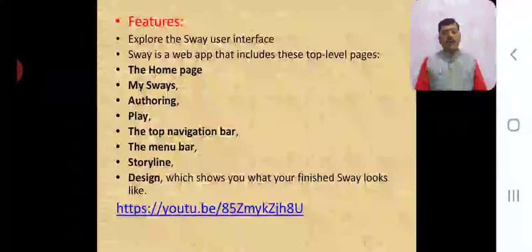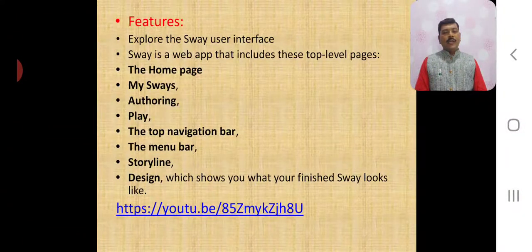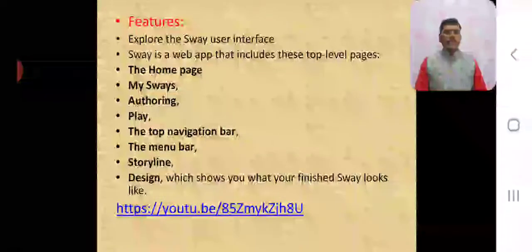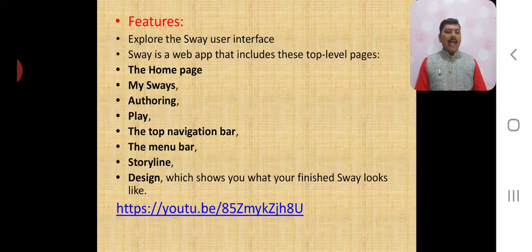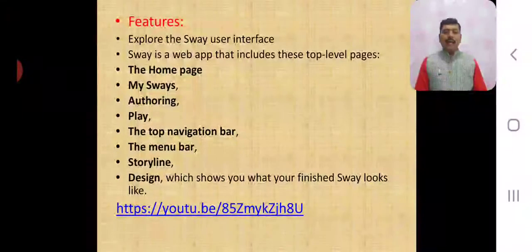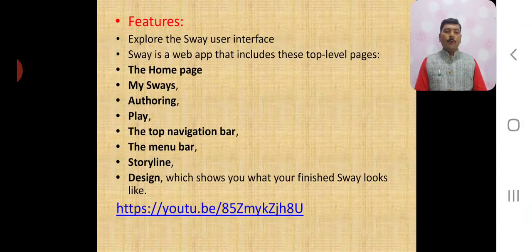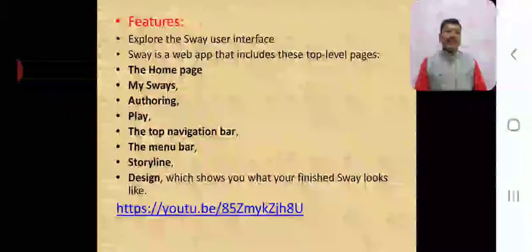When authoring in Sway, you work in 4 main areas. The top navigation bar, this is the first area of Sway, which includes play, share and app level options. The second one is the menu bar, which displays insert and storyline, where you add, import, edit, format and arrange the